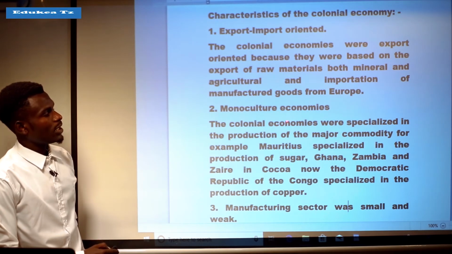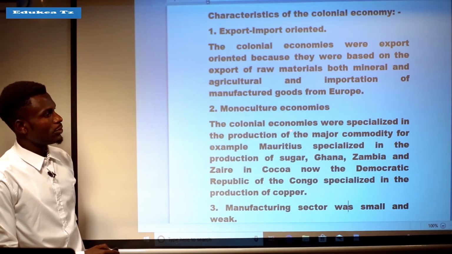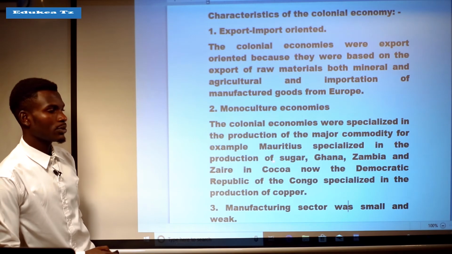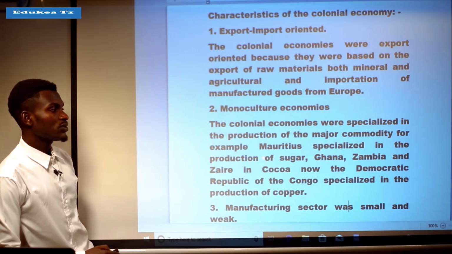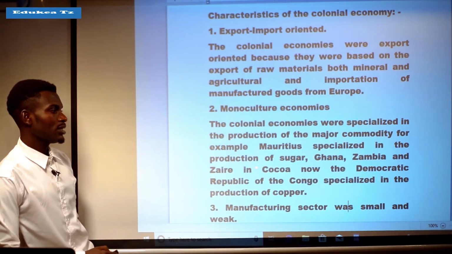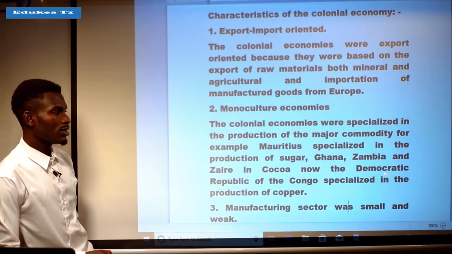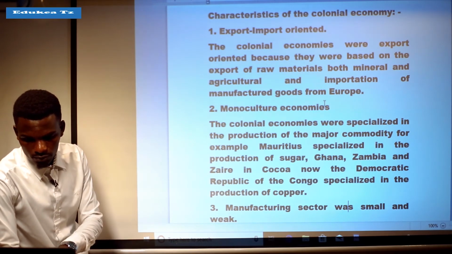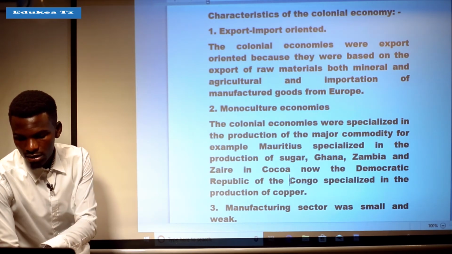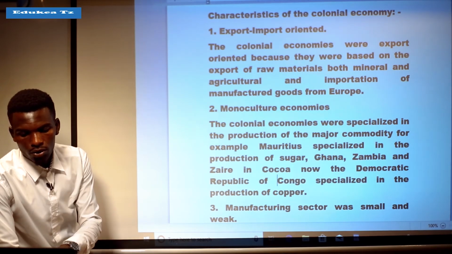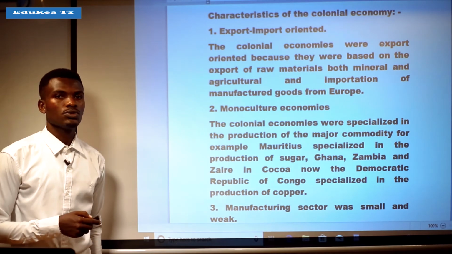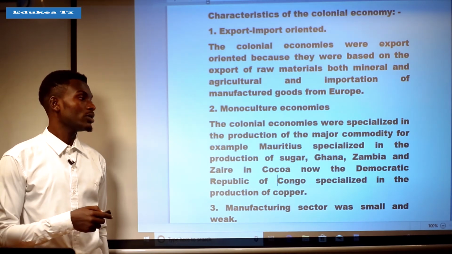Another was monoculture economy. It means that the colonial economies were specialized in the production of the major commodity. For example, Mauritius specialized in the production of sugar, Ghana, Zambia, and Zaire in cocoa, now the Democratic Republic of Congo. It means that the colonial economy was specialized in the production of the major commodity which was in high or large demand